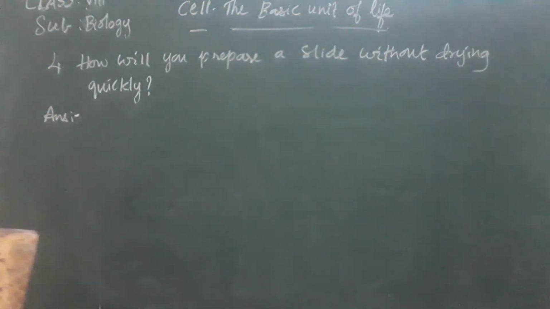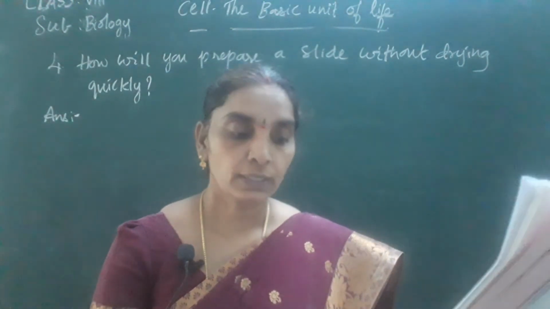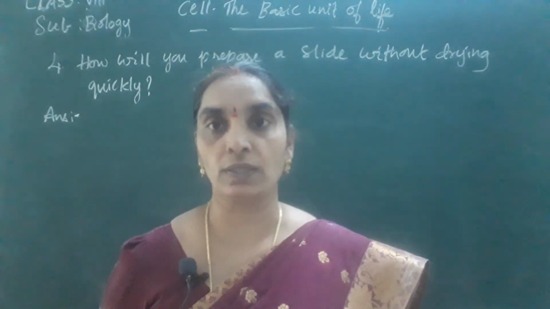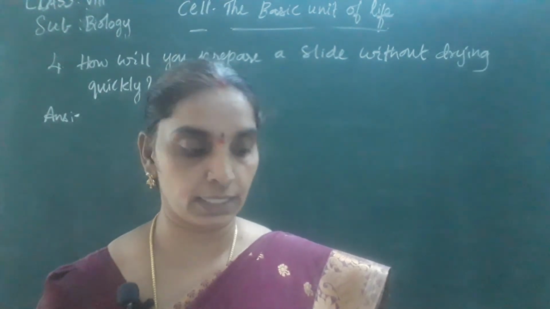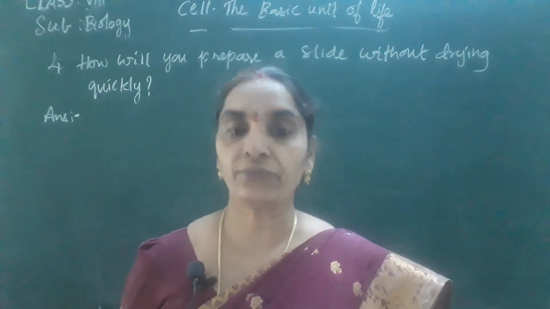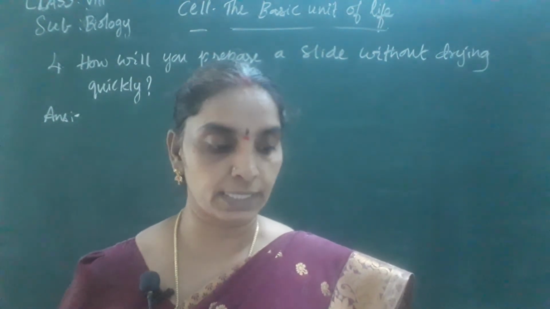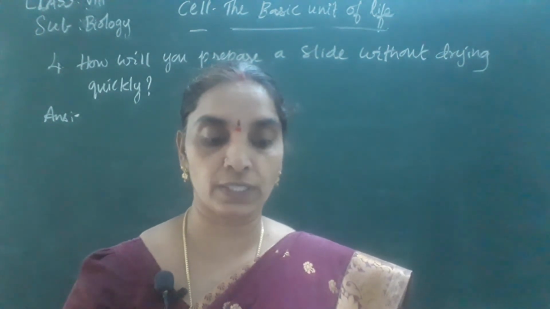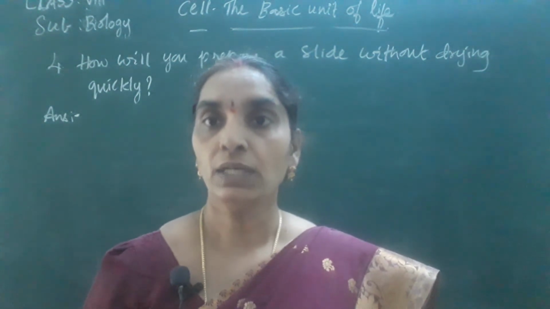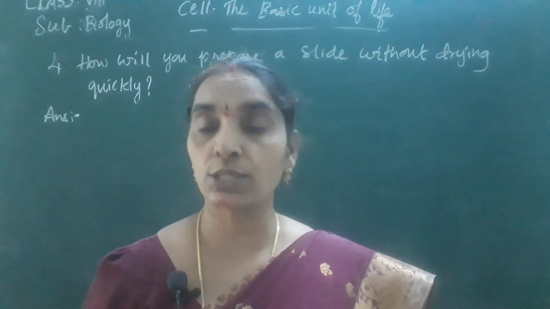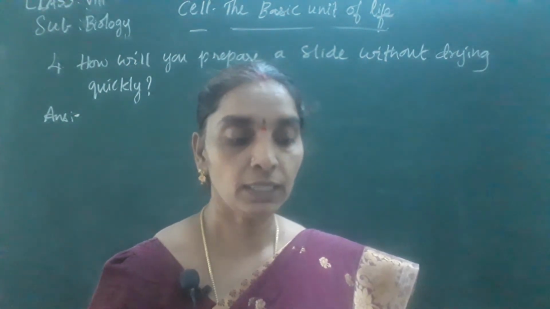So the answer for this question is: take a rectangular strip of clear and clean glass piece called a slide. Okay, first note it down and then you can easily write. If the object is thin and flat, it can be directly placed on the glass slide toward the center. Add a drop of water with the help of a soft brush. Okay, so you will be taking a rectangular glass slide, and the thin strip of the object is to be taken and kept over the glass slide with the help of the brush.